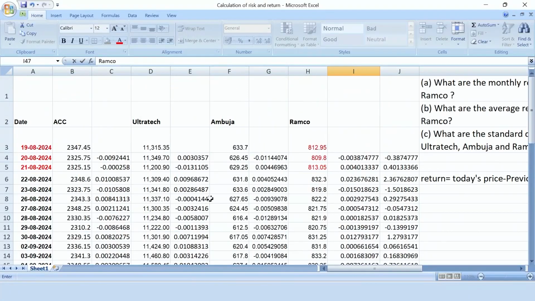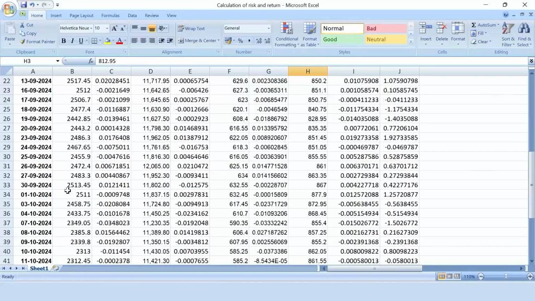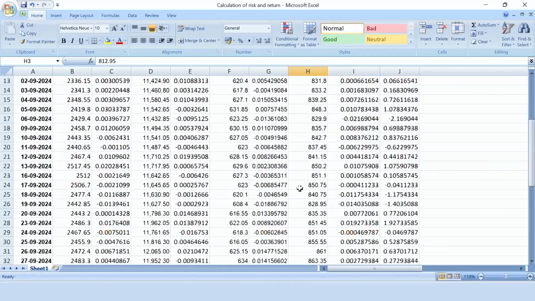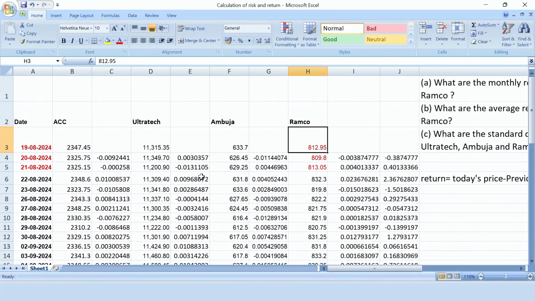Another important thing which I am going to focus on: if you check the prices of these stocks, they are quite different. In case of ACC Cement, from August 2024 to August, it is in that particular 2000 range only, while Ultratech is around 11,000. Ambuja and Ramco are quite low in price compared to these two stocks. So by focusing on prices, we cannot select a particular company, because Ultratech is going to cost a huge amount of money for an investor. But there are other stocks also available in this industry where the investor can invest.